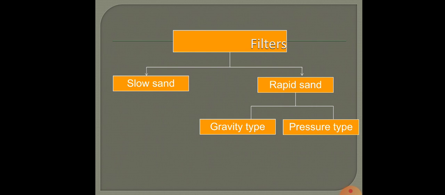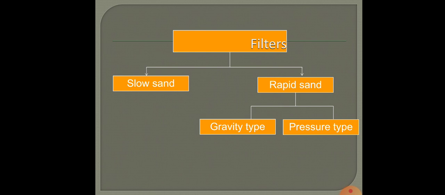Below this layer, say up to 30 centimeters or so, there are other bacterial zones as well. Here the actions involved are to oxidize the organic matter, and they also destroy most of the bacteria present in water, and only simple and unobjectionable inorganic salts are allowed to pass through the filter bed. This is the principle of a slow sand filter. We will be discussing it in detail later on.